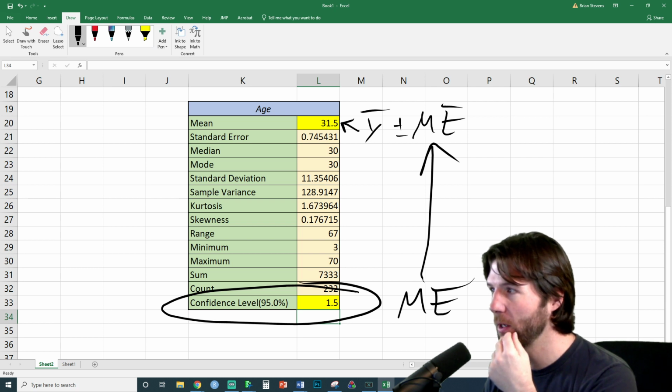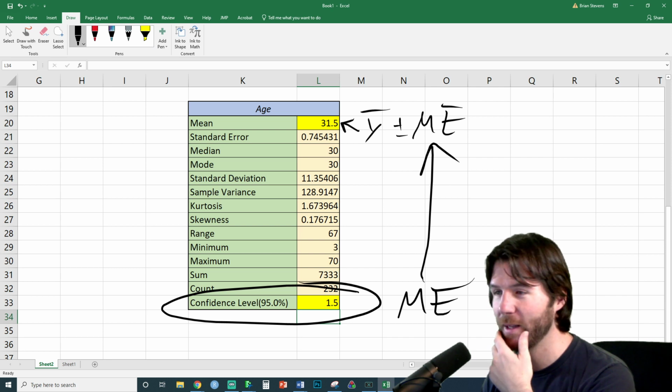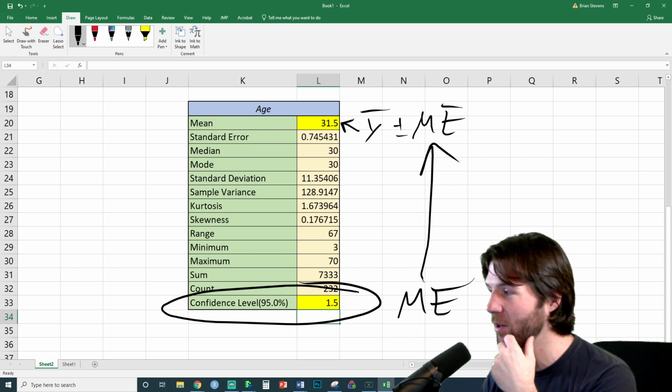It would go from 30 to what? I need someone to tell me. People were saying yesterday, Brian, you don't know this stuff anymore. And I was like, I know. My students help me all the time. I don't know how to make the confidence interval. I think the lower bound of it is 30, but I don't know the upper bound. Who knows in the chat?